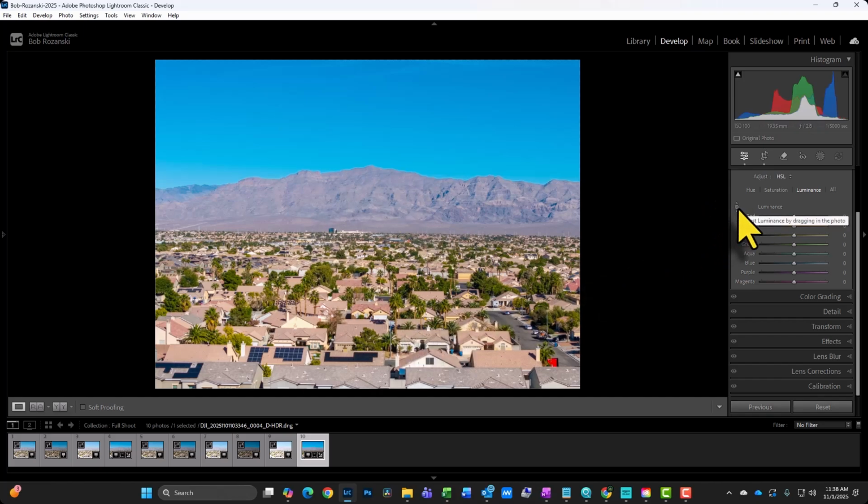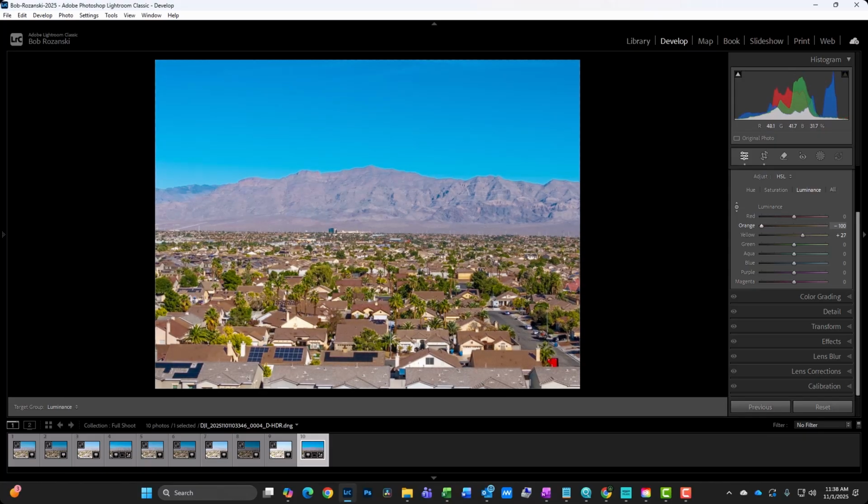If I click on this little button right here, which gives you the arrows, you just click on it once. Now the arrows are active. You see them active right here. Come over, find a color swatch that you want, and you can click on it and move it up and down. You'll see that we're just rocking the orange over here to the right. If I go up here like this, that really blows it out. Bring it down. So if I want the rooftops to be a darker color, I can, for a close-up. But let's go ahead and reset this. Double click